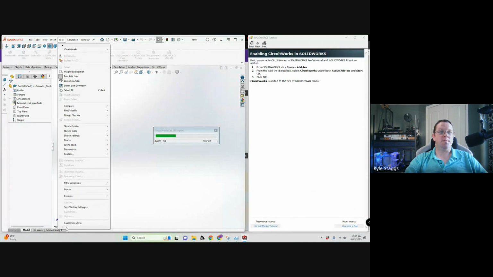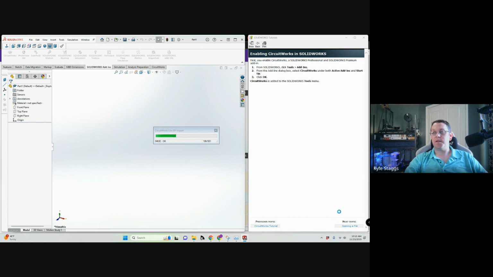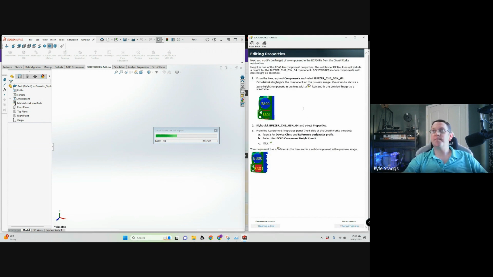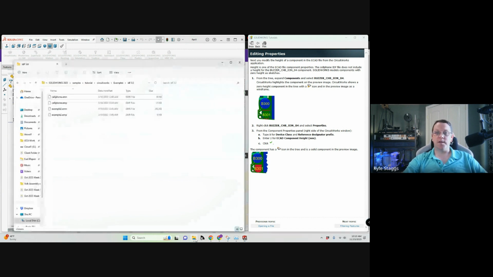So there's a couple more things at the bottom there. Tools and Add-ins, Circuitworks, and then click OK to enable. So then it'll tell you about opening a file. Then once you've got that, you're looking for a couple different things. There's a couple different kinds of components that you're going to be drawing. The actual drawing files themselves